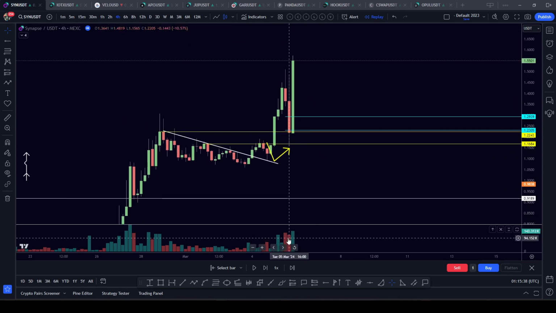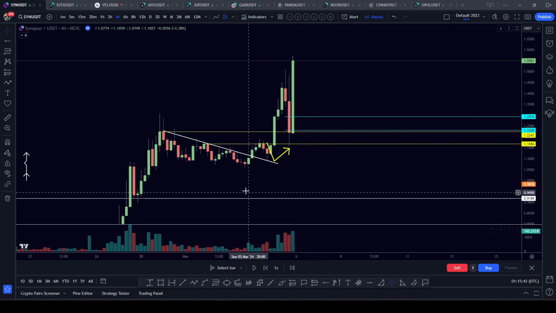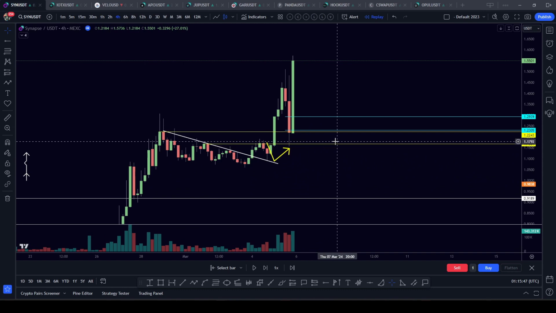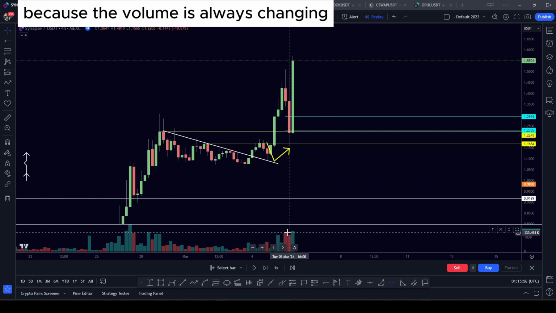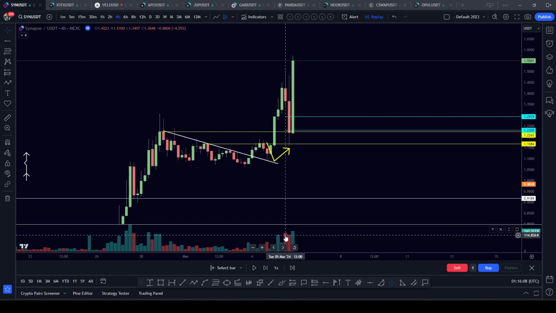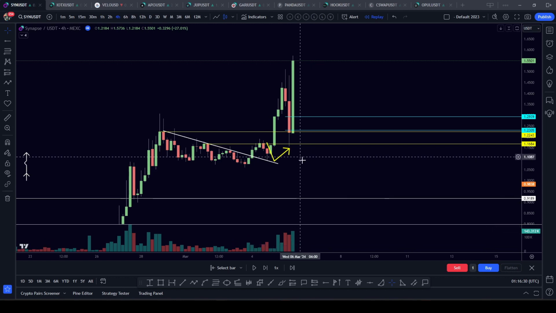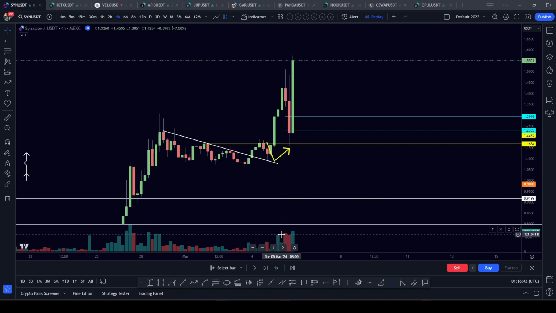So if you're looking at volume, it's very hard to determine if the price will continue going up as a continuation or possibly even reversing, because the volume is always changing. You could have increased volume with the price coming down, and that is saying that there's more people selling at a lower price. Or you could have volume going up, and this just means that there's more buyers buying at that current price, driving the price even higher and higher. And the volume can always change.